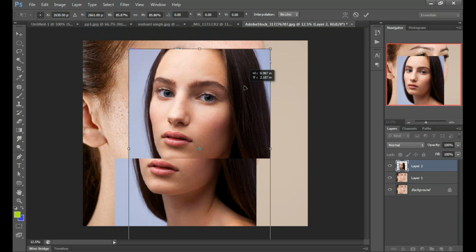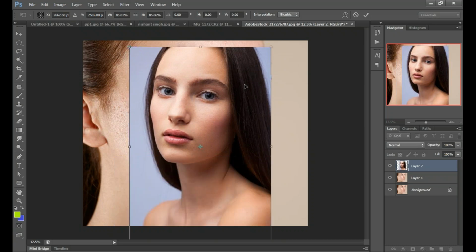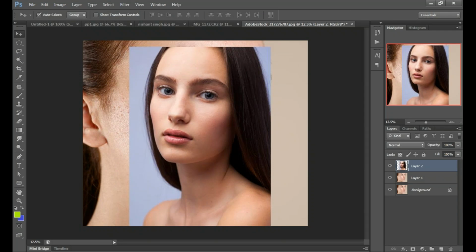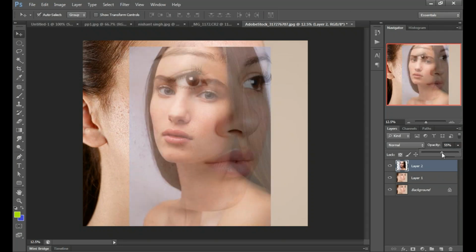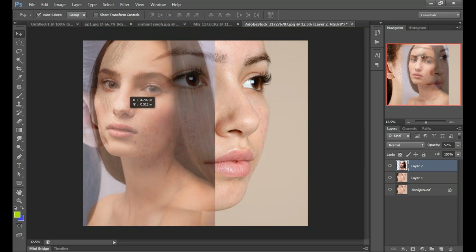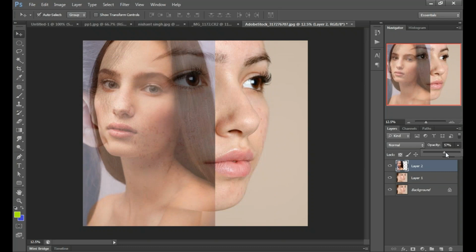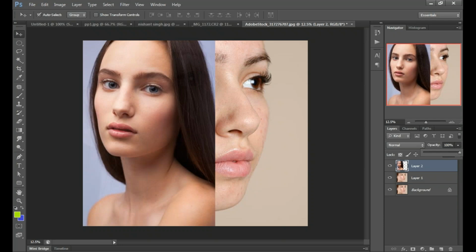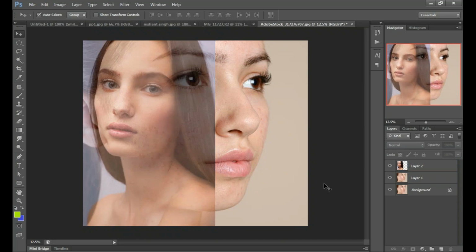If you want to make this image transparent, just move the opacity slider to the left, and you will get the opacity here. Clear? Got it.